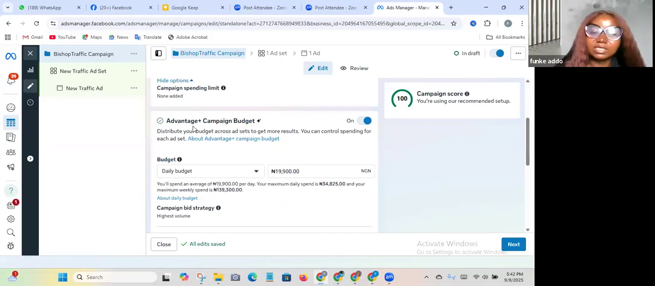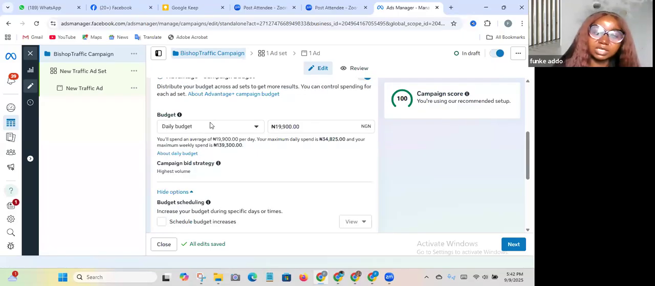This one says Advantage Plus campaign budget. Remember I told you, always read what is there. It says distribute your budget across ad sets to get more results. You can control spending for each ad. You can decide to click on about Advantage and read. Daily budget: you can set a daily budget or a lifetime budget for this ad, but I prefer to leave it at daily budget. So if I want to spend, let's say, daily,